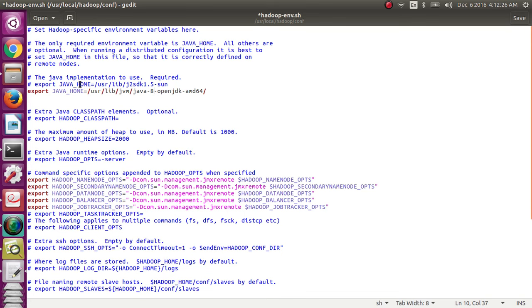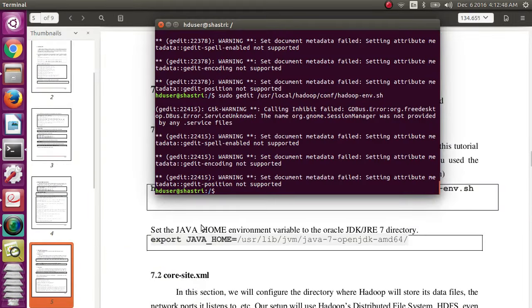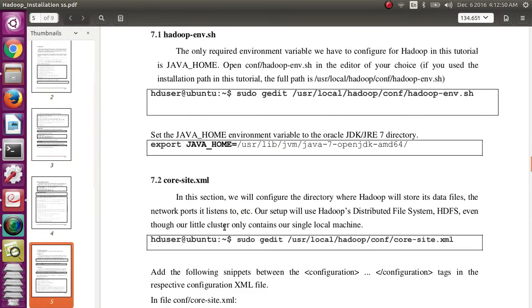So JAVA_HOME, the Java implementation to use for Hadoop, export. This is the environmental setting command, JAVA_HOME, the name of that environmental variable. This is the path in my system where I have installed Java. So save and exit. Next, the core-site.xml file, we need to configure the directory where Hadoop will store its